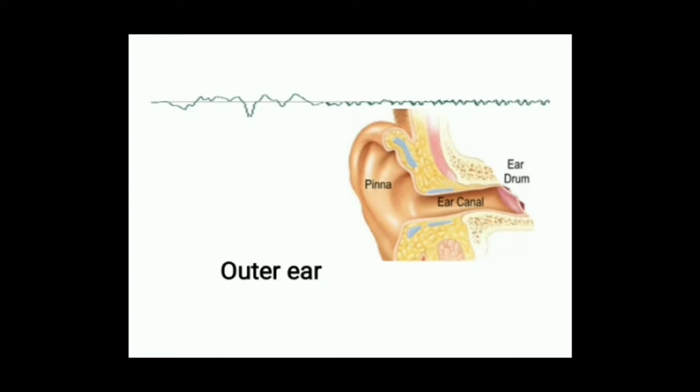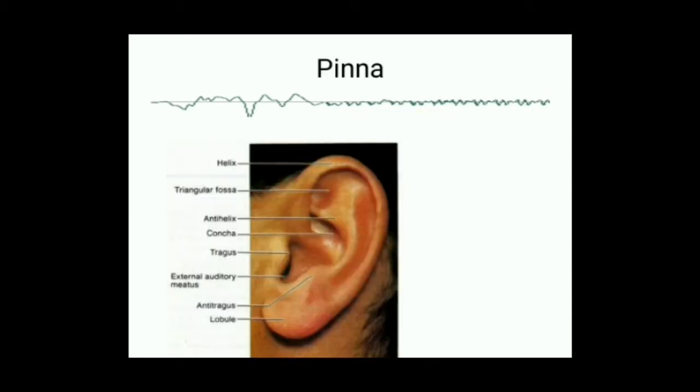We shall see about the outer ear. As I said, the outer ear consists of the pinna and the external auditory canal. The pinna is the expanded cartilaginous flap-like structure projecting on either side of the head. The rim of the pinna is called the helix, and the lower soft portion devoid of cartilage is called the lobule. The small cartilaginous protrusion overlying the external auditory meatus opening is called the tragus.